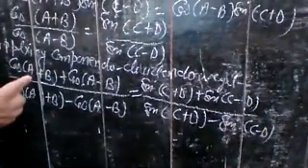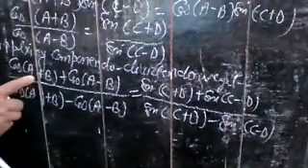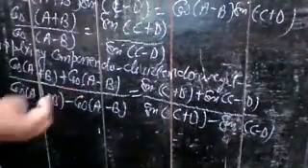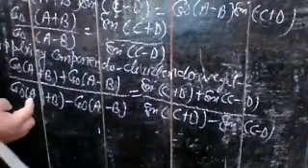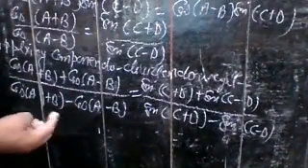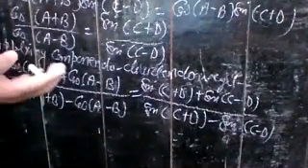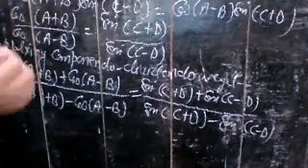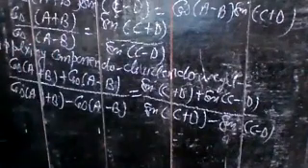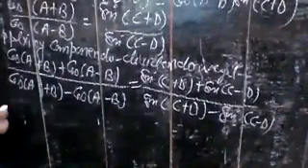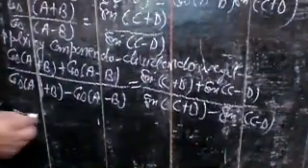Now here you apply the formula of cos x plus cos y, and in the denominator you apply cos x minus cos y. In the same way, on the right side you apply the formulas of sin x plus sin y and sin x minus sin y. So check what you obtain when you apply all those identities.